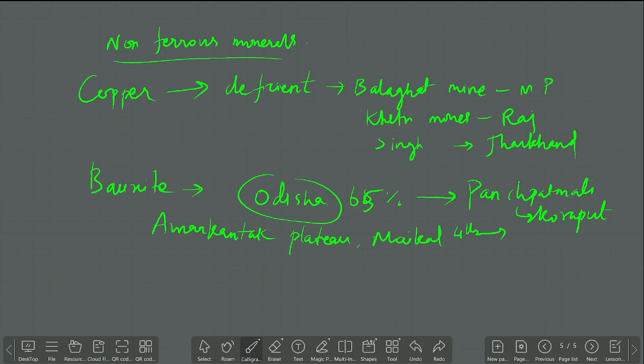Now non-metallic minerals. Metallic minerals, what are the types you have seen? Ferrous and non-ferrous. In ferrous, iron ore and manganese. In non-ferrous, copper and